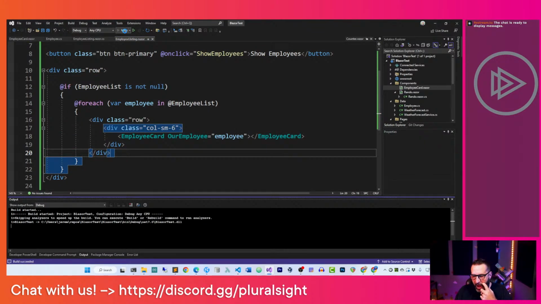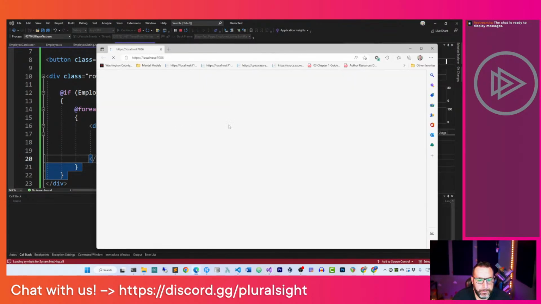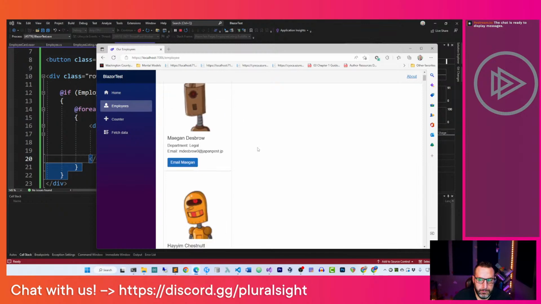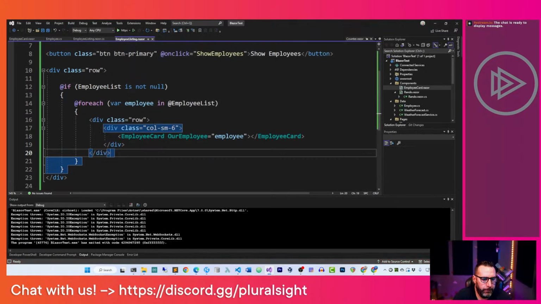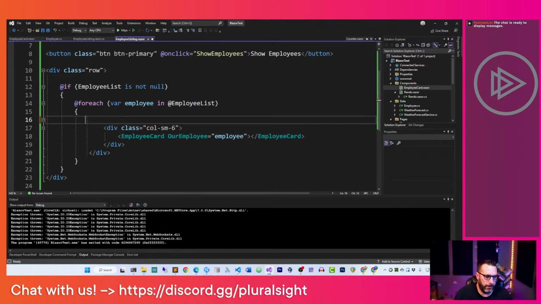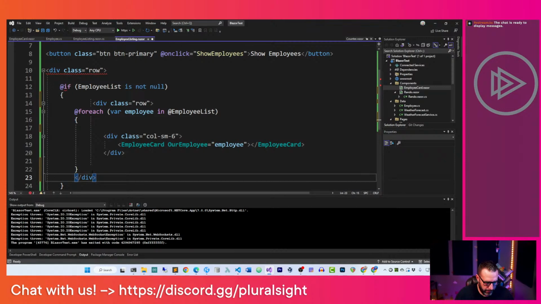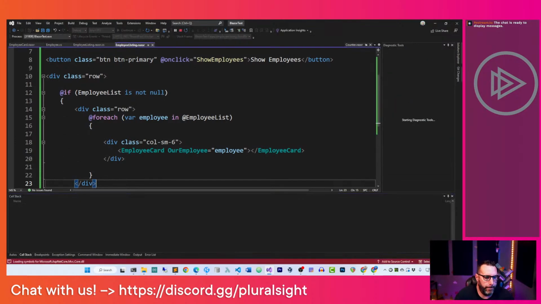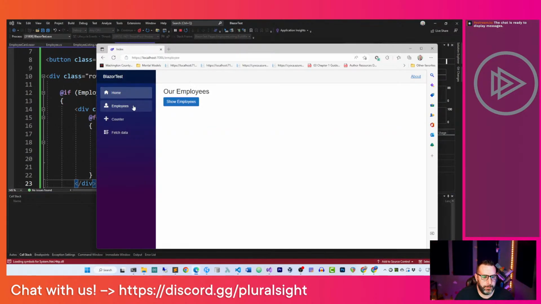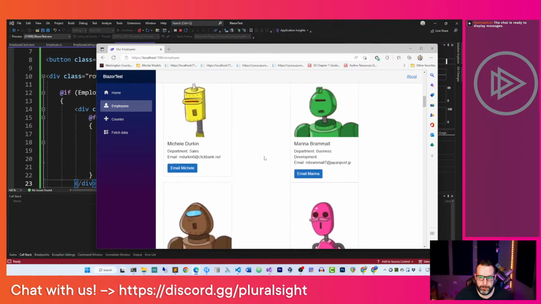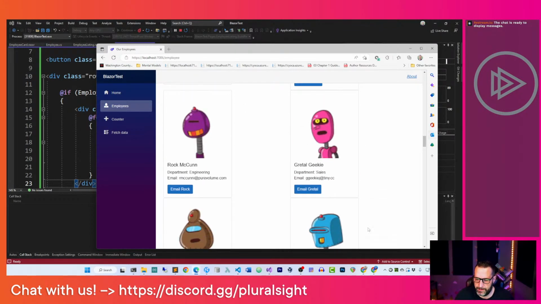And see what that looks like. Same thing. So even with their own column, we'll do row out here, so that we're not creating a row every single time. Class row, there should be a bunch of columns in there. That's what I was looking for, something a little more like that. Not exactly, but